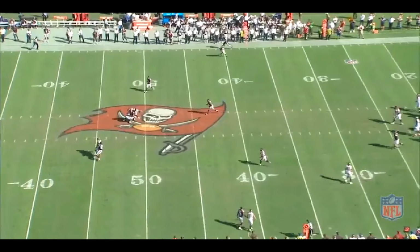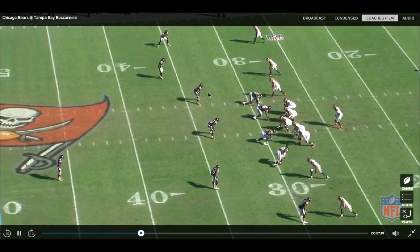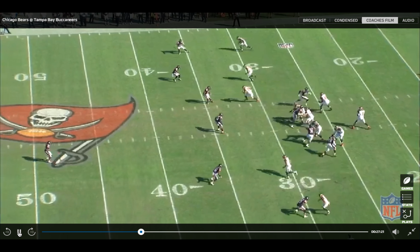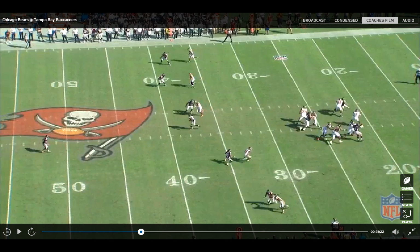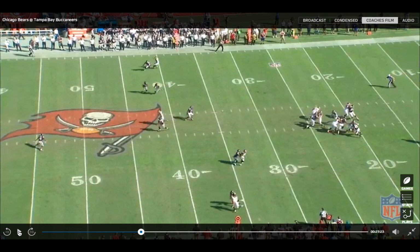Look at this whole shot. I mean, this is unbelievable. Great throw to the slot receiver. Jameis Winston, look at his eyes. He's looking left, comes back to the middle of the field. He sees that 2 guys are in the middle, so he goes to his 3rd read, and he absolutely just